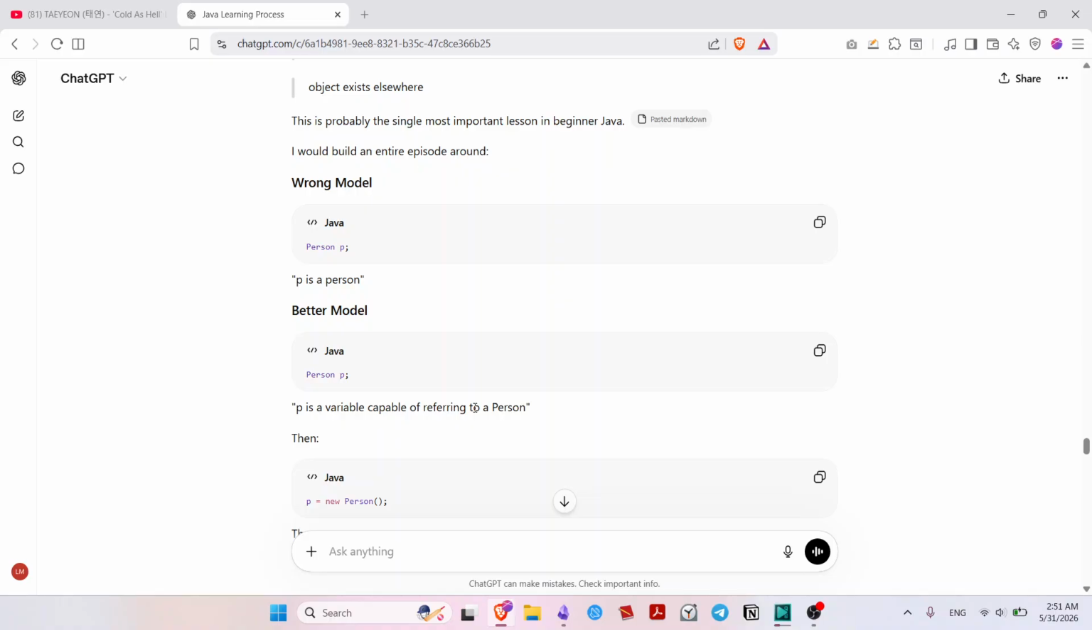Runtime. What was it? Okay, so there was a thing about dynamic typing and static typing. Yeah, it's important. So basically we have person P. So we would think that